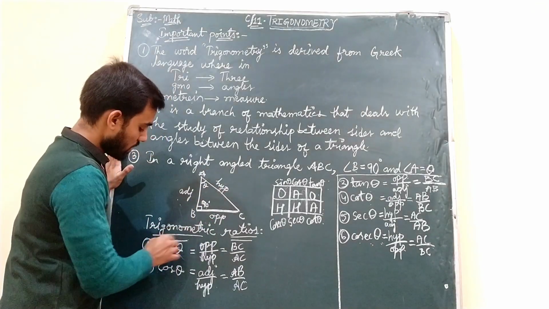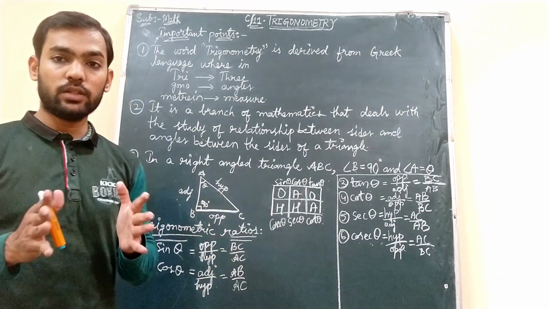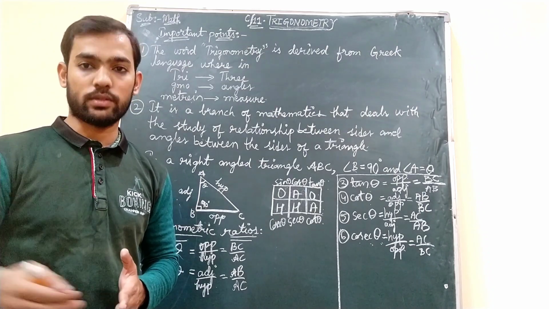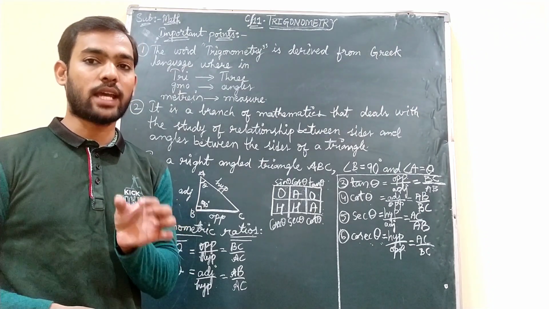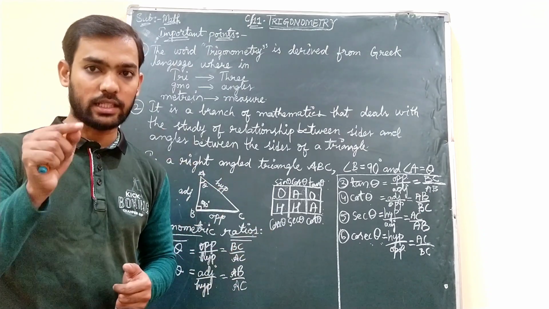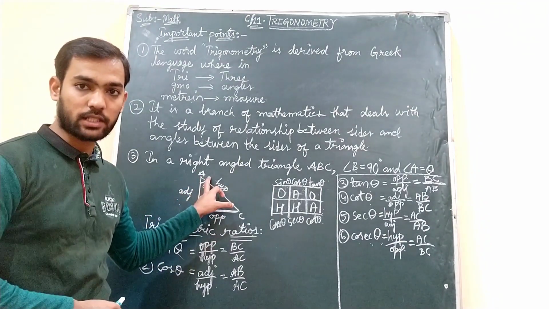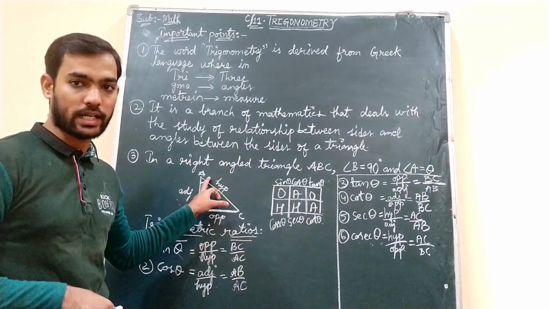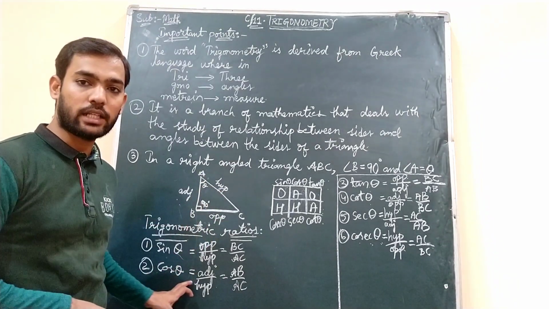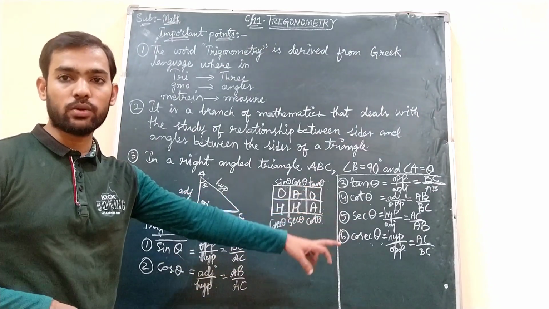Okay, then trigonometric ratios, we have 6 trigonometric ratios. As I said, you need to remember the order: sine, cos, tan, cot, sec, cosec. Just don't write sine alone. Some angle you have to write compulsorily. Here we have taken the angle as theta. If I don't write theta, you should write sine A, with respect to A. I have taken theta over here, that is the reason I wrote everywhere sine theta, cos theta, tan theta, cot theta, secant theta, cosecant theta.